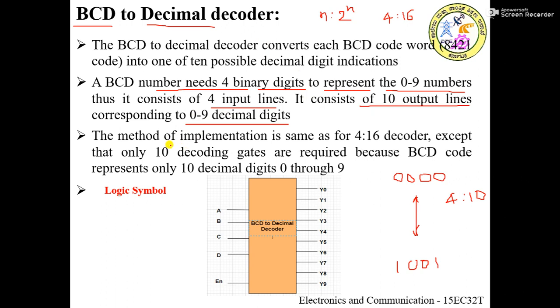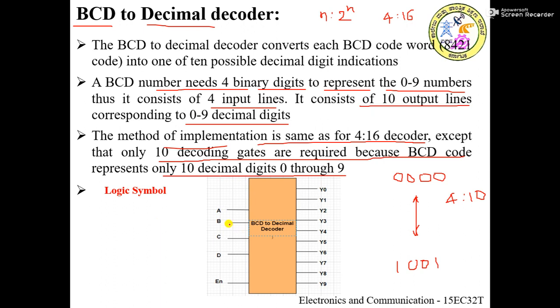The same is written here. The implementation method is the same as the 4 to 16 decoder, except that 10 decoding gates are required, because BCD code represents only 10 decimal digits, from 0 to 9. You can see the logic symbol here.